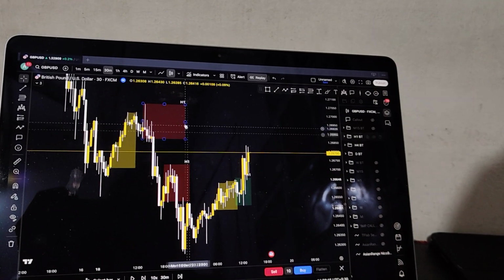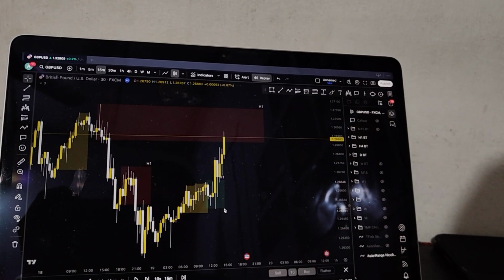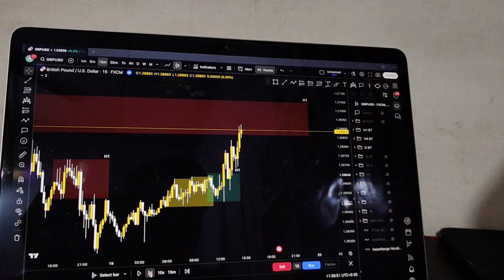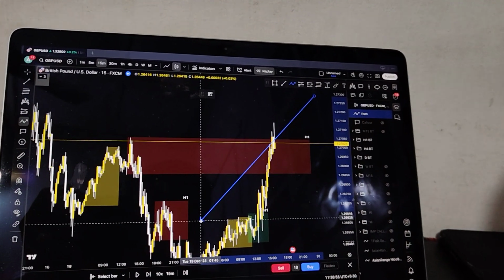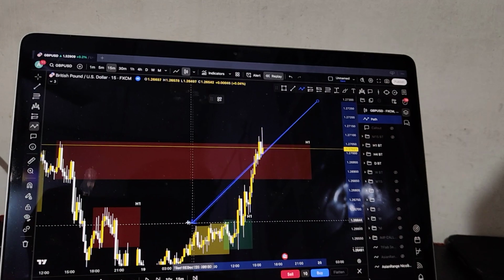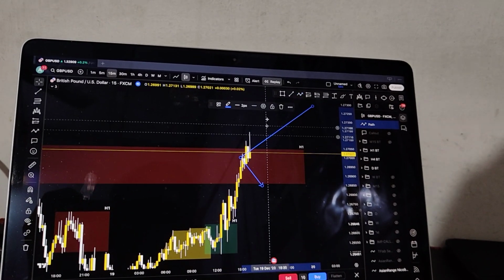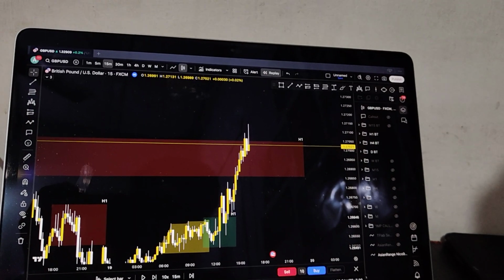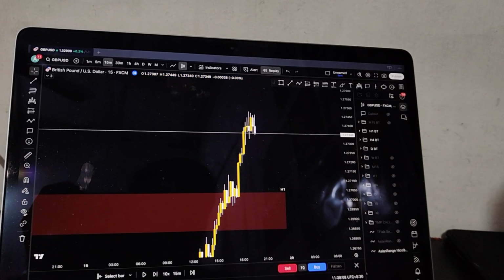So I was looking for trades from this sort of H1 supply, right, as I've marked that. I have not taken that trade because me marking the zones is irrelevant unless the price shows rejection, right? The price didn't show any interest of rejecting from this zone, so I didn't take the trade. Simple. I avoided a loss, and literally the market skyrocketed to the upside.